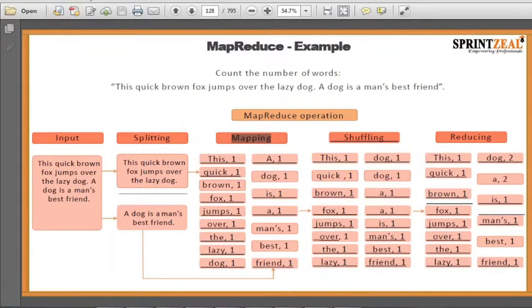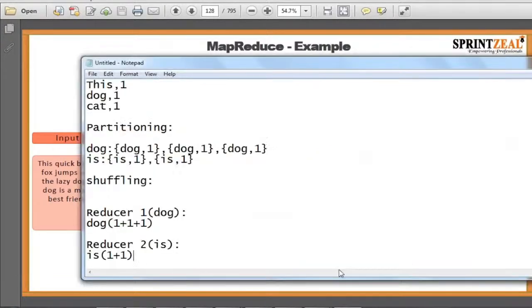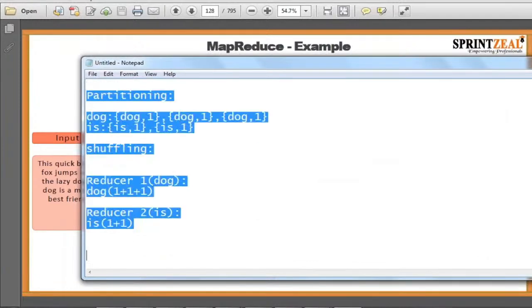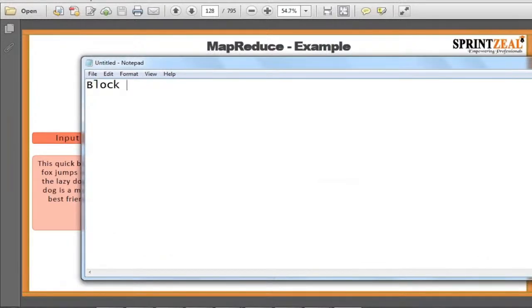We will talk about it in a little while. Actually there is a concept of block versus input split, and this is one of the most important questions. What is the input split? Okay, so